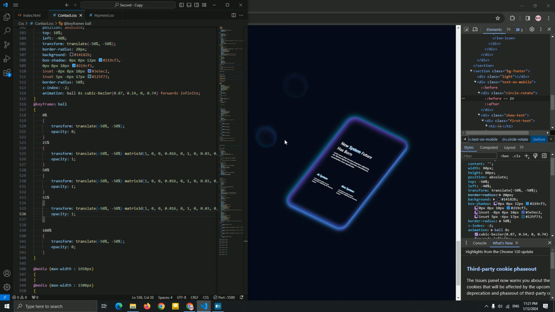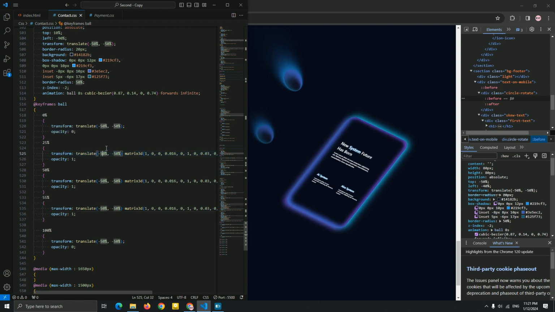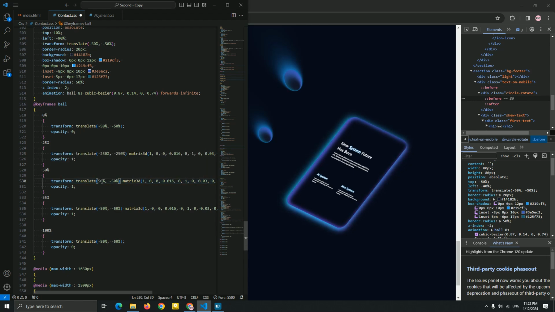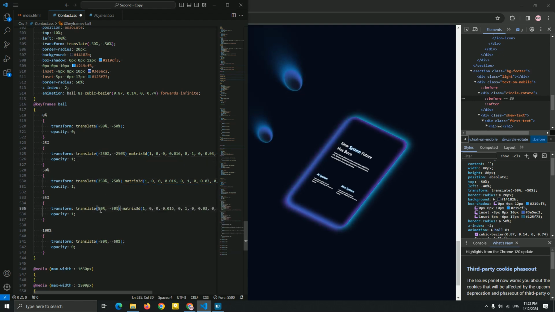So you can see we just created, but I want to change left and the size, so I'm just gonna increase this instead of adding left and the right. So in a 25%, I want this 250% for the left and minus 250%. Okay, and yep, I think this is good.